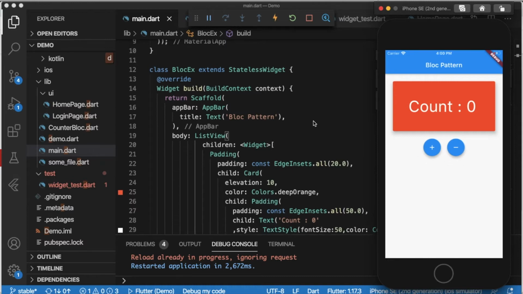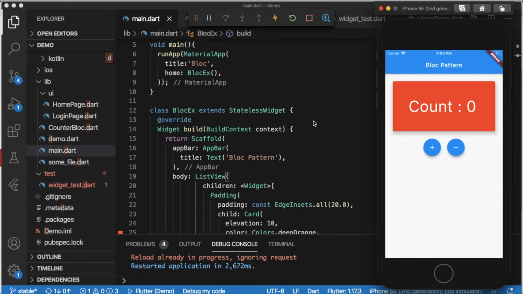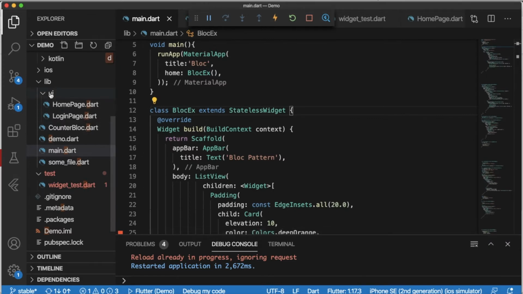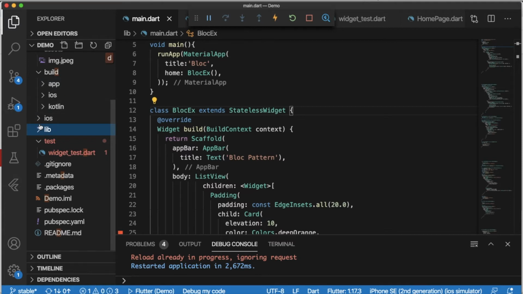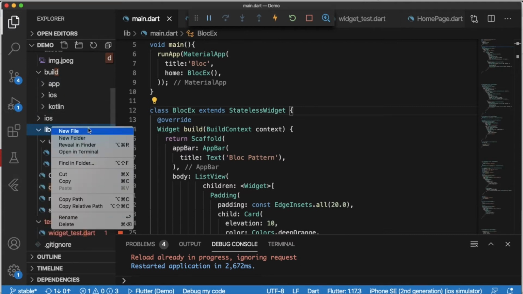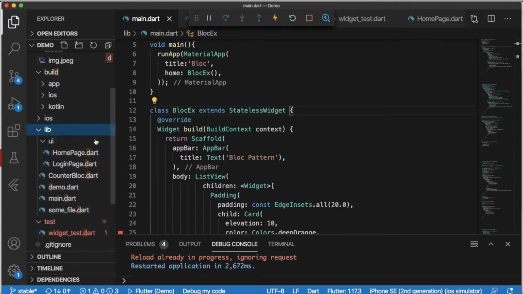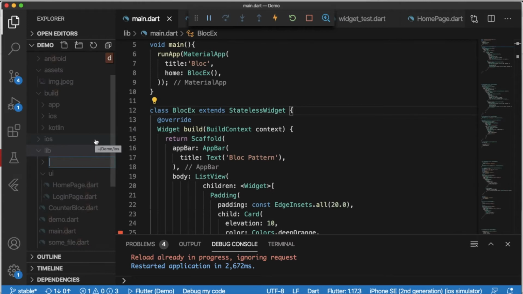Okay, so the next step would be implementing our BLoC. For that I will create a folder and I will give it the name bloc.